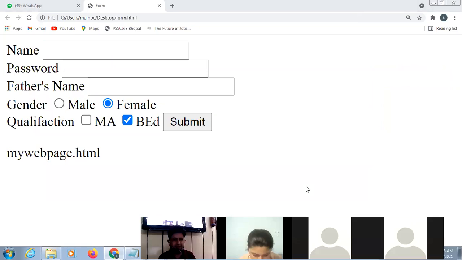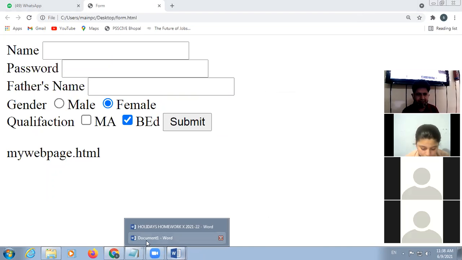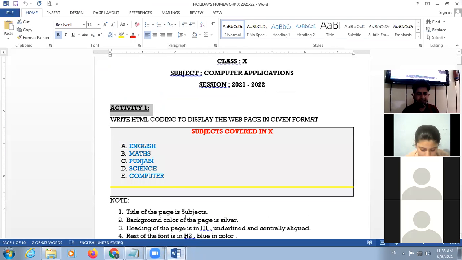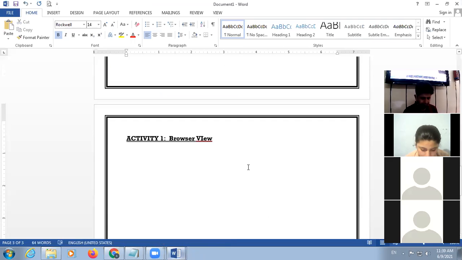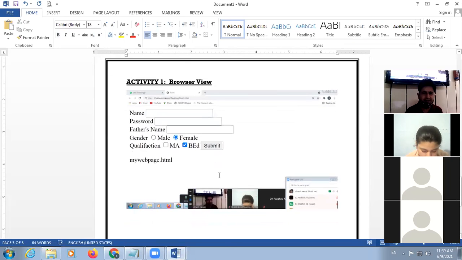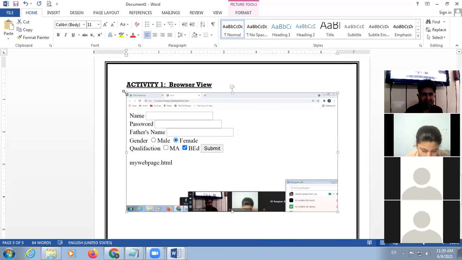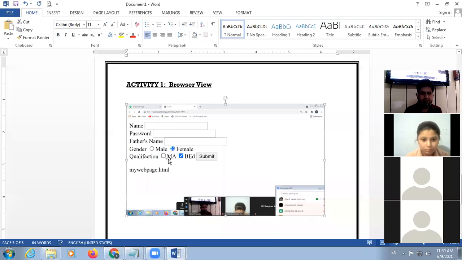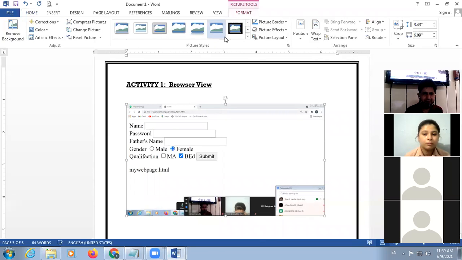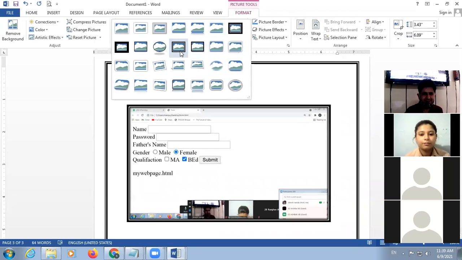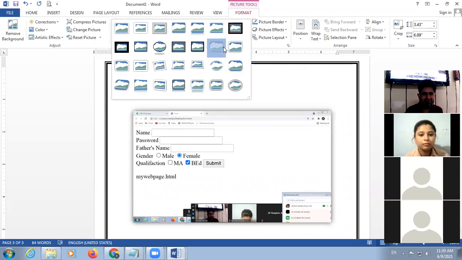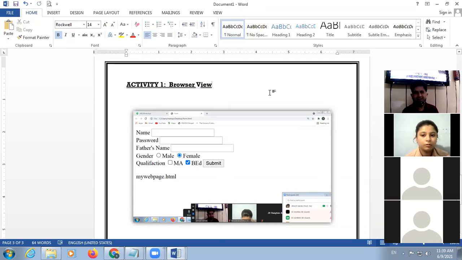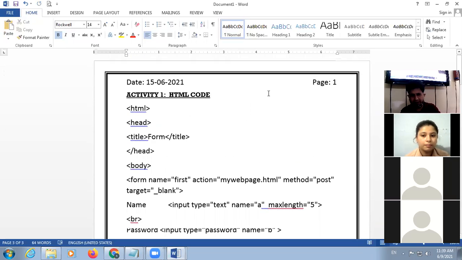So I press print screen button, then come to your document, come to your file, and in this file press Ctrl plus V. So look at here. Now apply the border on this image. Like this. So one page will be of coding.